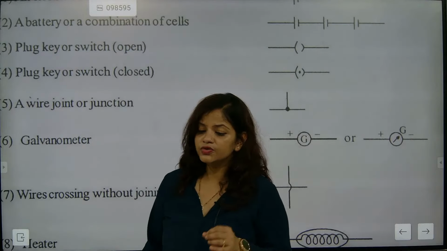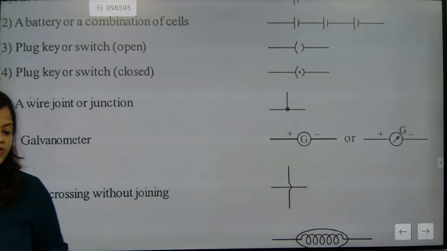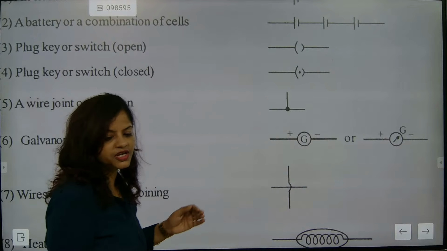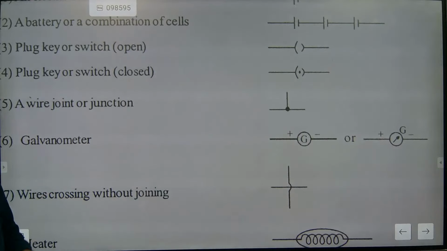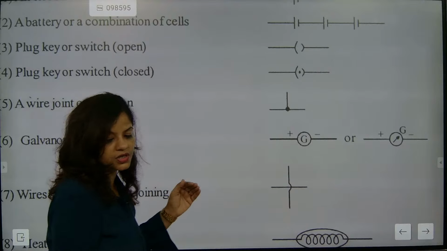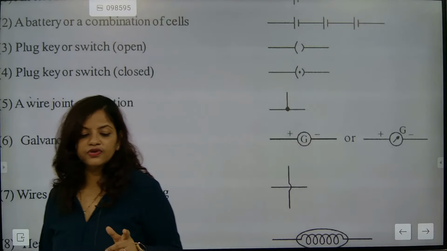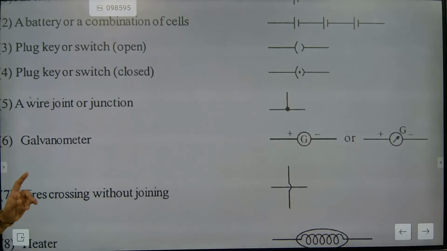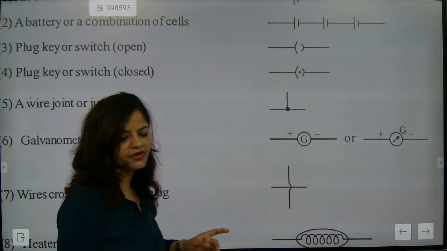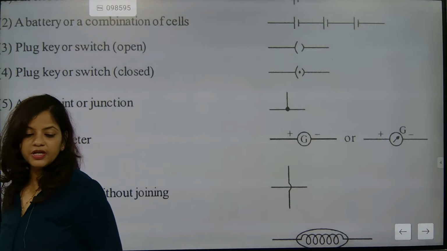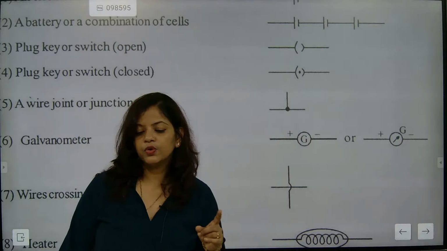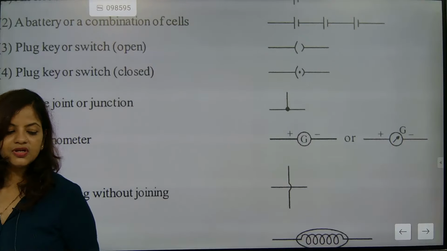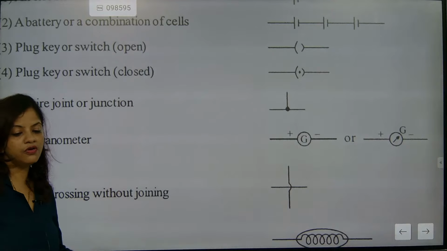They are checking induced current. When you are drawing the symbol of galvanometer, please write one thing: they are checking induced current. Induced current is different from current. I'll explain about induced current when I teach magnetism. Right now, focus only on the galvanometer. Draw the structure. I will explain the meaning of induced current.